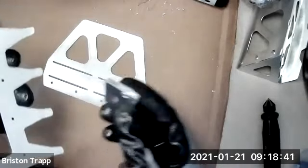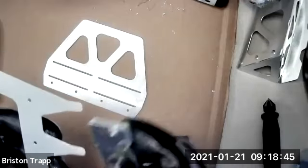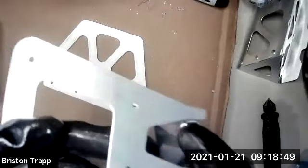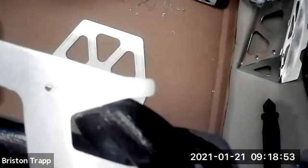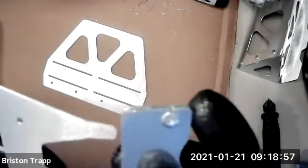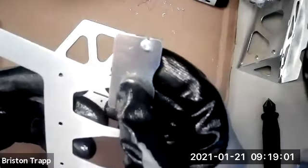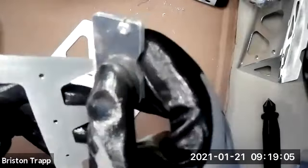So the next step will be taking our folding tool. And you can kind of see on these little hooks where it changes direction a little bit with the line where it's bent in a little bit. That's where it should fold. So you just bring your folding tool in, keep it nice and squared up against it, and just bend that